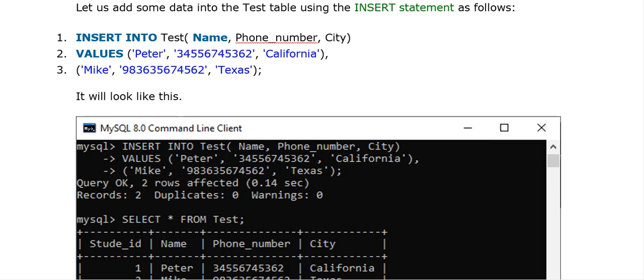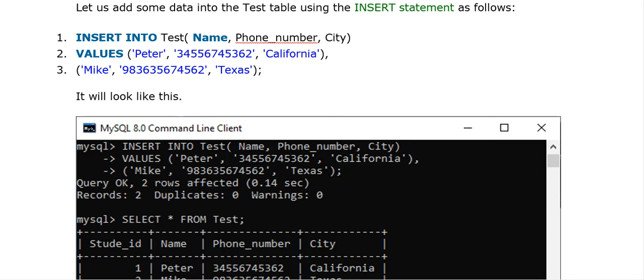So as you can see, insert into test name, phone number, city. Okay, so these are the columns over here. So values like Peter, comma, then the phone number I'm specifying over there, California, comma, then again the second value I'm going to enter over here is Mike, then a comma, then again the phone number, and then the city Texas.